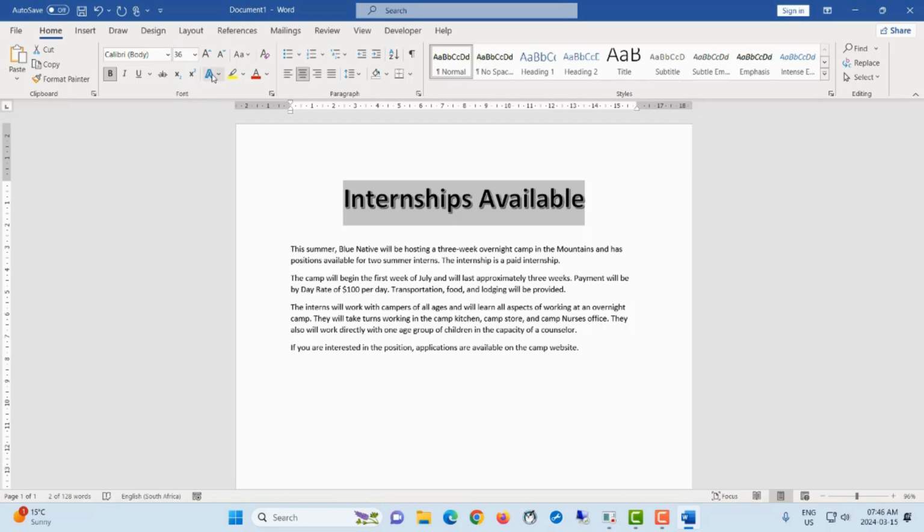Let's see. This looks like it has something to do with colors, but no, it's a highlight. Right next to it, we have what we call a font or text color. So this will change the color of our text. It's a split button, so that means when we click on the arrow, we're going to see all types or